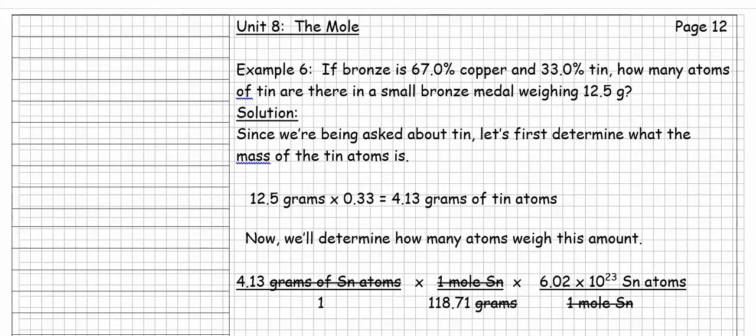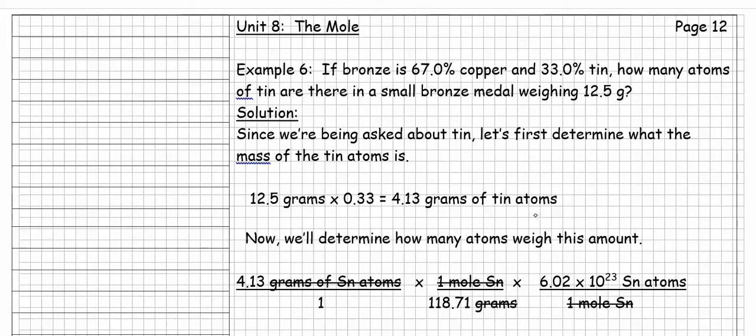It says, if bronze is 67.0% copper and 33.0% tin, how many atoms of tin are there in a small bronze metal weighing 12.5 grams? All right, so that's our question. Since we're being asked about tin, let's first determine the mass of the tin atoms. They're telling us that I've got 12.5 grams and 33% of it is tin, right? So if I multiply 12.5 by 0.33,